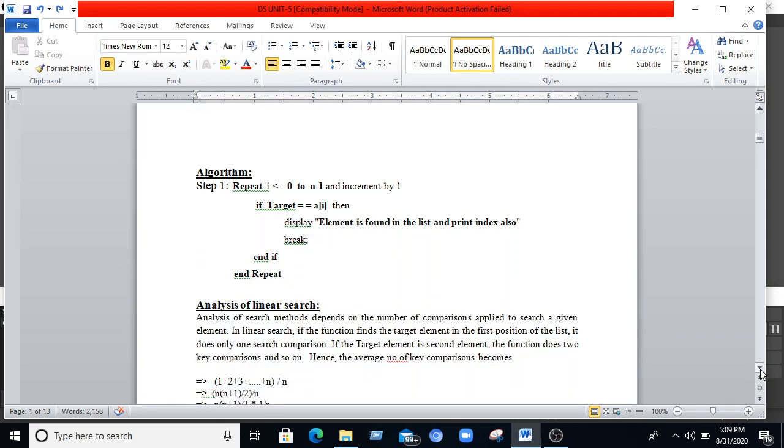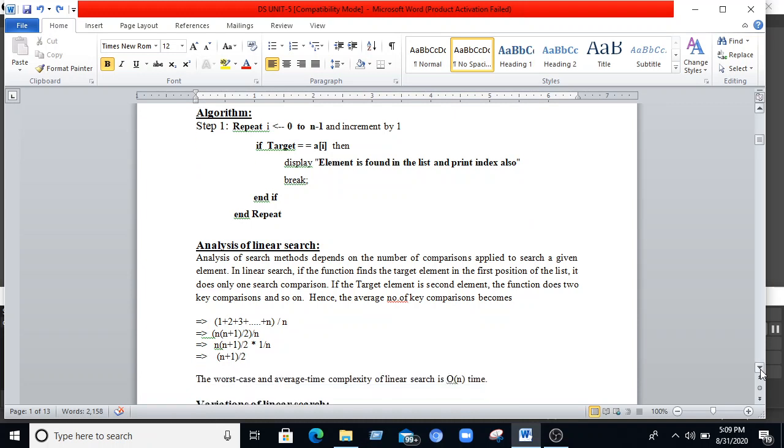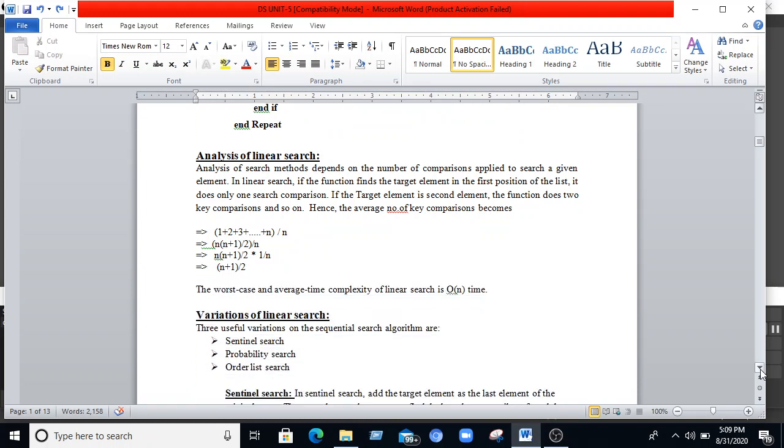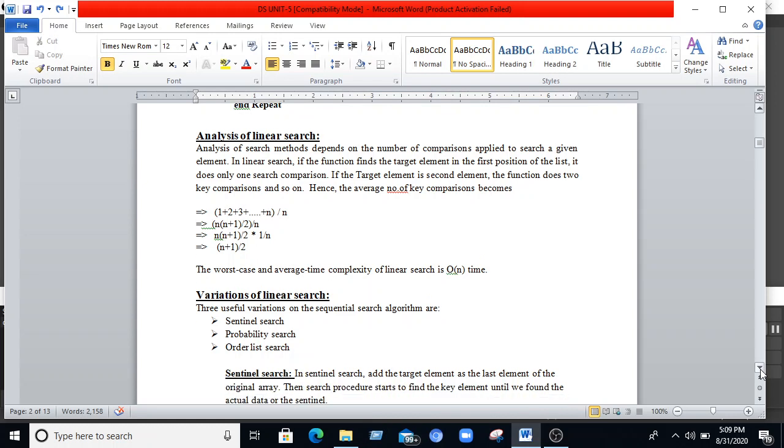Here we can analyze that this search method depends on the number of comparisons applied to the search. In a linear search, if the function finds the target element in the first position, it does only one comparison. If it doesn't match the first element, then it goes to the second element.